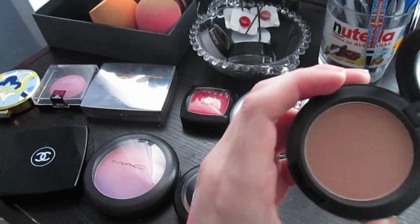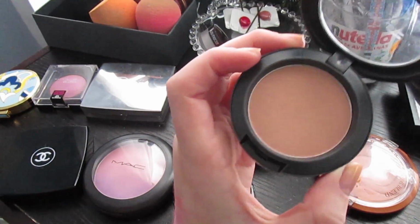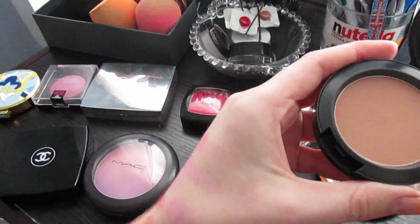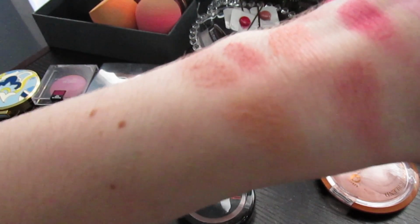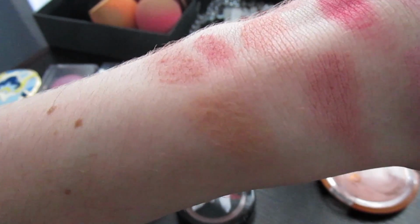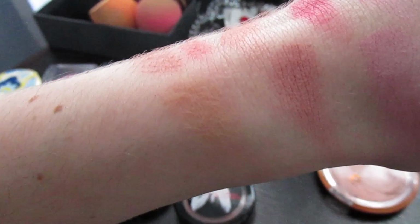Alright, this one is called Tenderling, and this is one that I forget about a lot because it looks so boring in the pan. It looks like it's just tan and gross and boring, but when you have it on the cheeks, on my skin tone, it really gets a rosiness, and that's not a very accurate swatch. When it's applied with a brush, it definitely makes your cheeks look a little bit rosy, and it's a really nice blush, and I forget about it a lot,